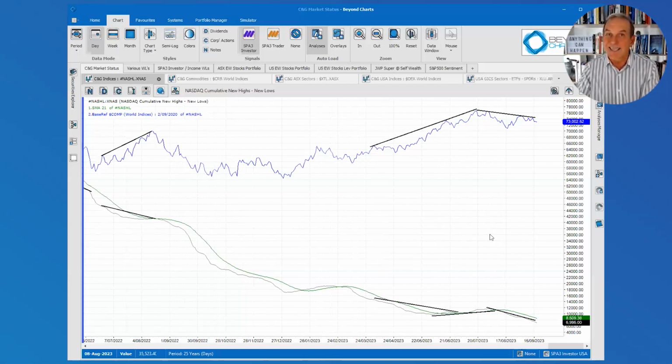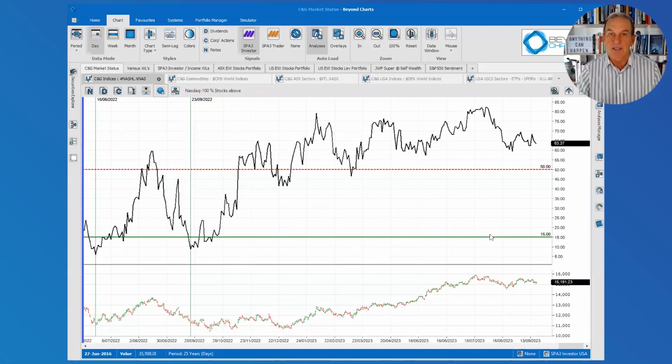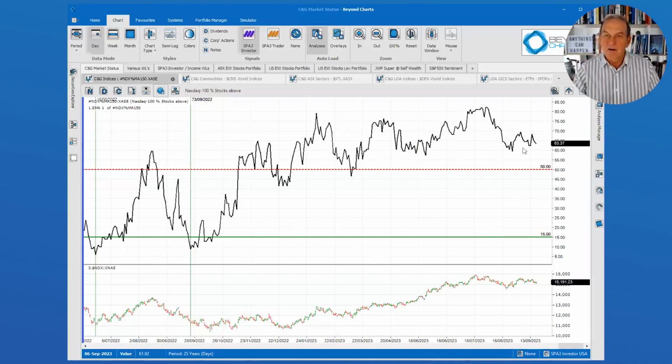Some of the other breadth of market indicators are up there when we look at the number of stocks above the 100 and the 150-day simple moving averages, and certainly in the advance-decline line, it's showing that as well. So here we can see there are more than half of the NASDAQ 100 stocks above their 150-day moving average. It's a little bit better than the S&P 500. So it's not just the large cap stocks, the FANGs as you want to call them. There are other stocks that are rising as well.